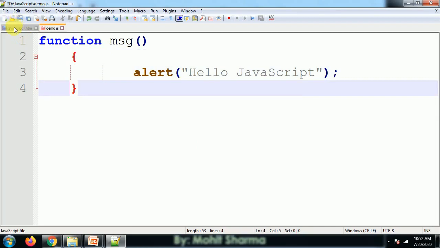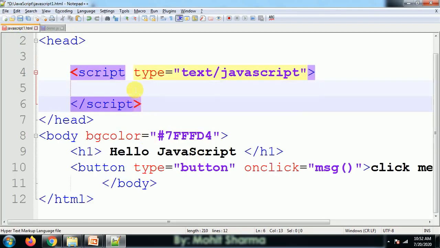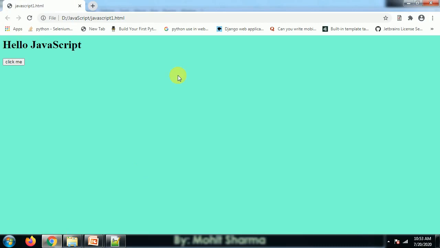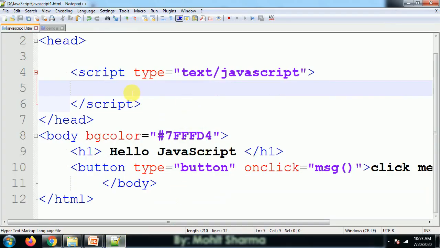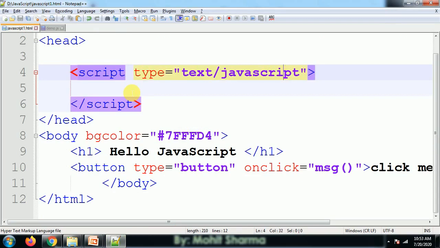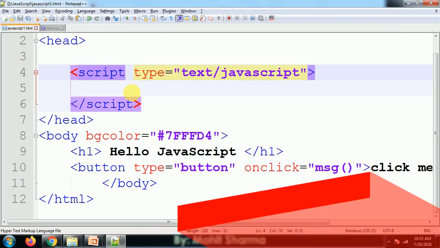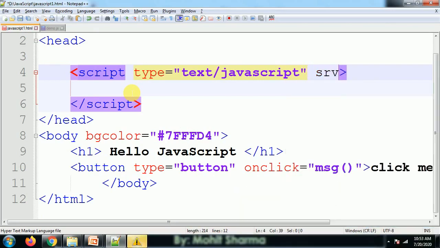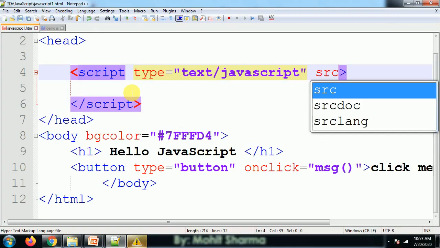So how to use this file? If I refresh it and click on this, nothing happens because the code is not there, but I want to use the JavaScript here. So how can I use it? The type is there, and I need to use another attribute called src, source.